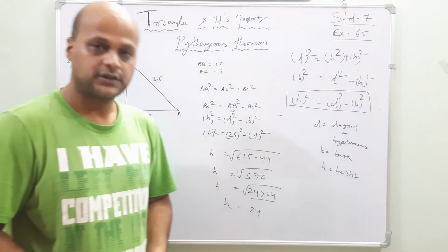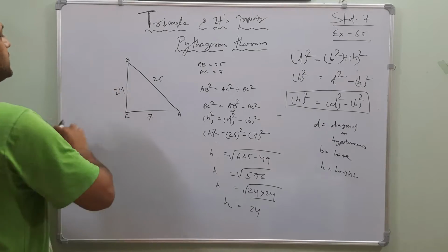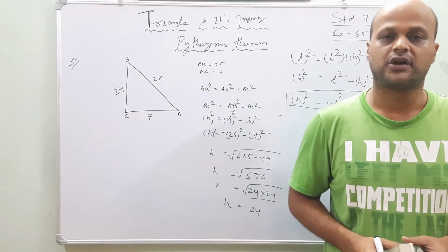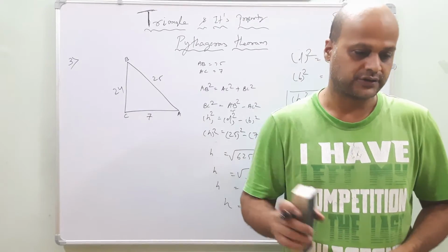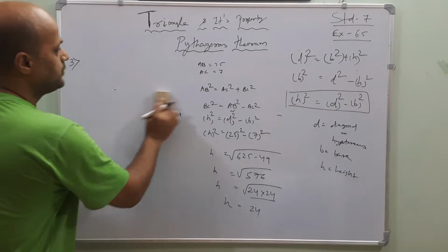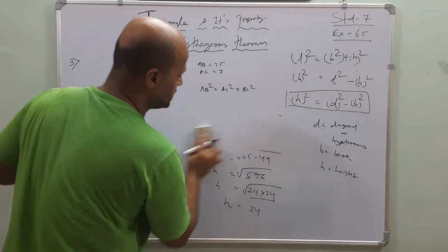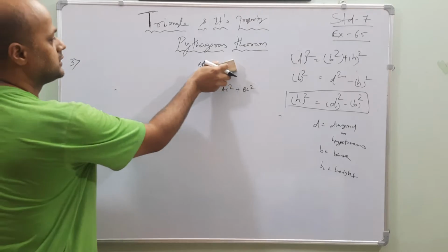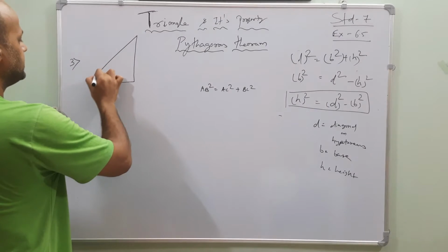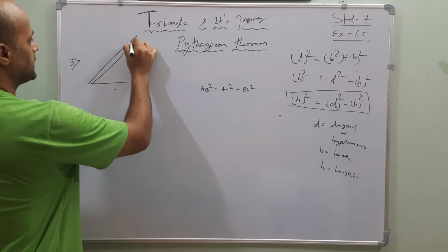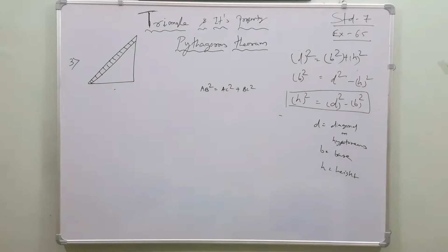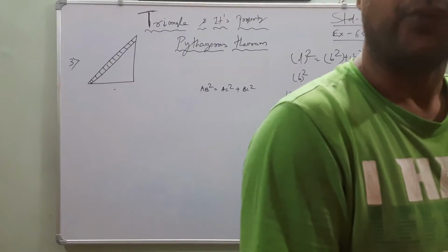Okay. Let's go for the third one. What is the third one saying, my dear friends? Remember, read the question very, very carefully so that you can solve it in a correct manner. The third question says a 15-meter long ladder. I will use this theorem. It says a ladder is laying towards a window, so the ladder is laying on the window.